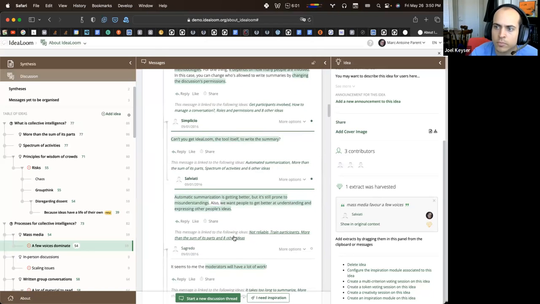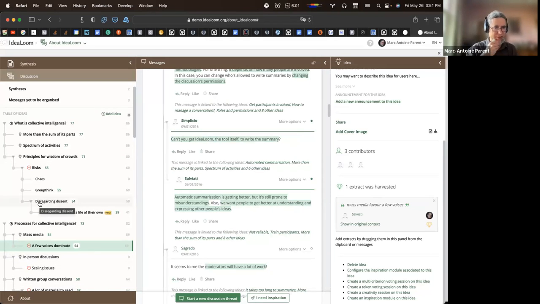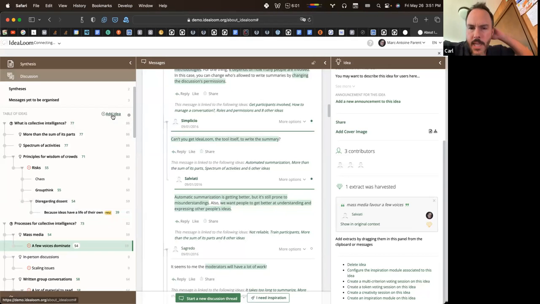But what are the things on the left? Each node in the directory tree on the left. We call it the idea tree. That's the more formal analysis of what came in the conversation. And each node there is called an idea? I call them ideas. That's the vocabulary we used. That's fine. I'm just trying to understand which word I should use.